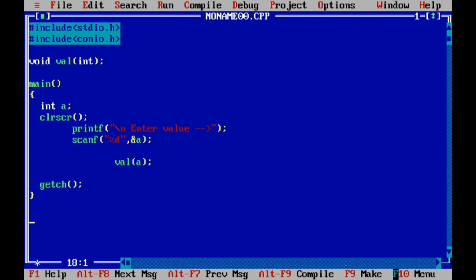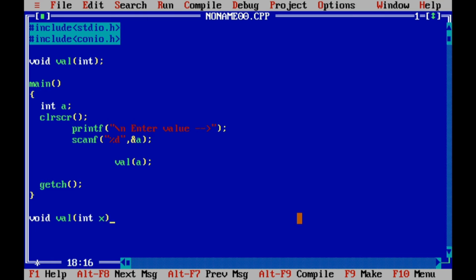Now into the well function, void well, integer. The value of a from the main to the well function is there. So the well function has to catch that value of a using some other variable.